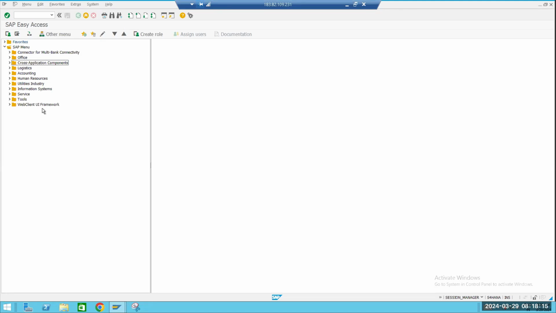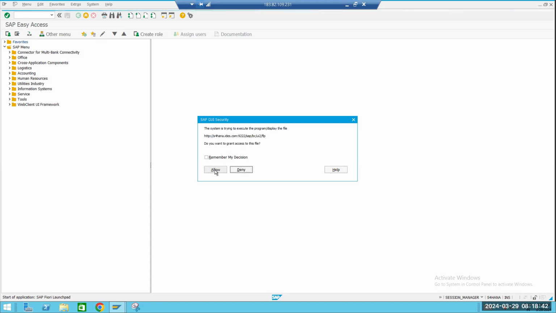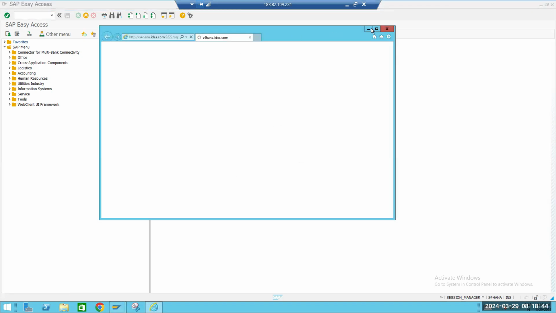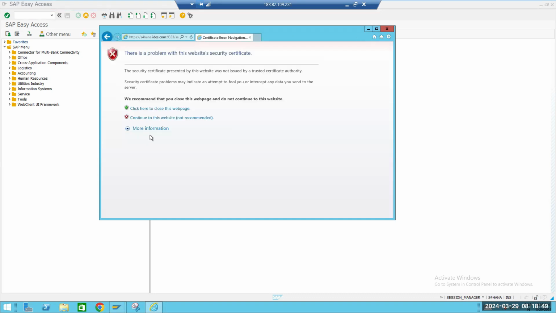Here one thing is added, that is the Fiori apps. So Fiori apps you can access through web based access. There is a T code for the Fiori access, that is, let's say, /n/ui2/flp. If I enter this T code, it will take you to the web based screen. So in the web based screen also,